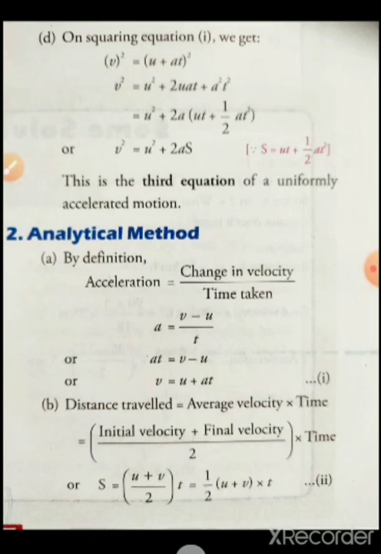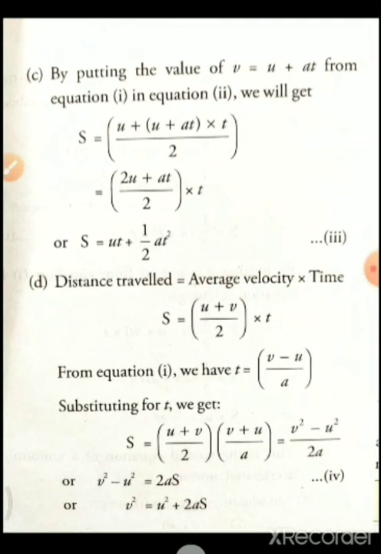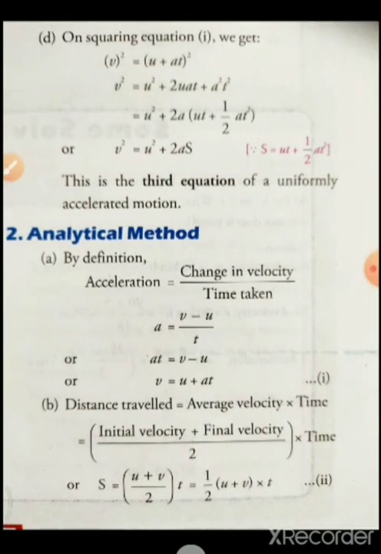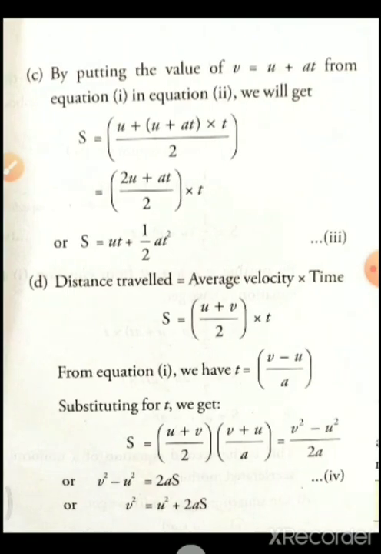Graphical method. Consider a body moving in a straight line with initial velocity u. Let the body accelerate uniformly and in time t it acquires the final velocity v and covers a distance s in a particular direction. The velocity time graph for such a motion is a straight line AB as shown in figure 2.35. So from the starting point of that graph, that is at A, the initial velocity was u. After some time it attained a velocity v at B.